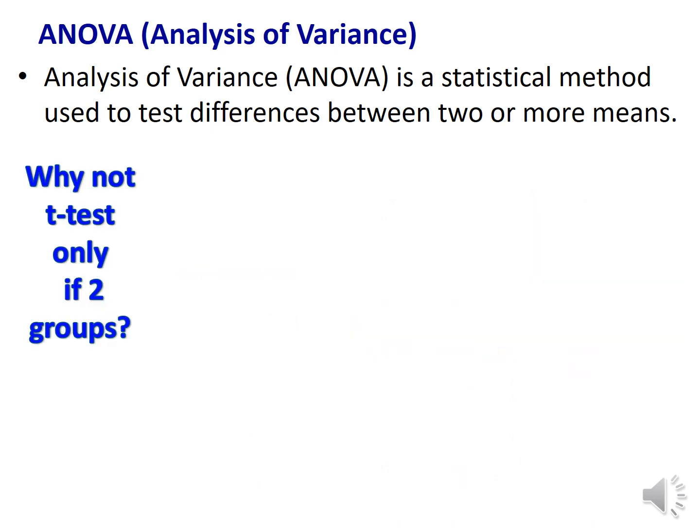But let us recall that when we talk of comparing groups, the t-test is used if we have two groups, correct? If you can remember that one. So why is it that analysis of variance can still be used for groups which have two or more levels or groups? We'll try to go back to